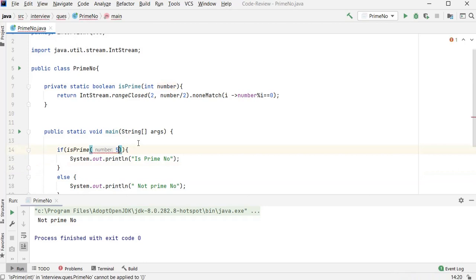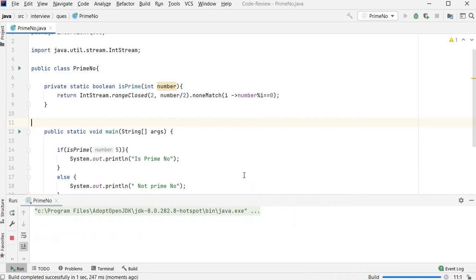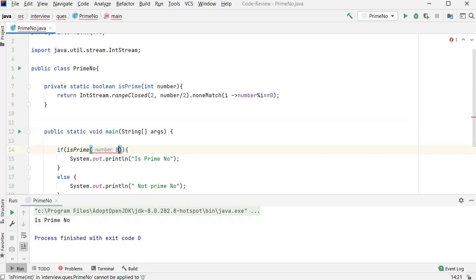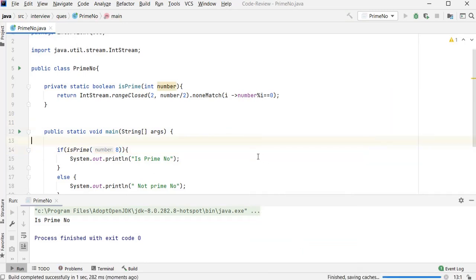I'll pass 5 here and run it again. This is a prime number because 5 is divisible only by 1 or 5 itself. For more testing, you can use 8 or any number and run it. This is not a prime number, because 8 is divisible by 4, 2, 1 and 8 itself.